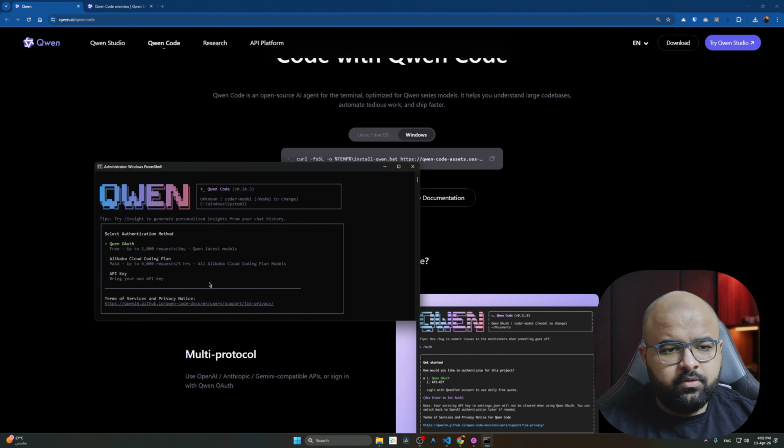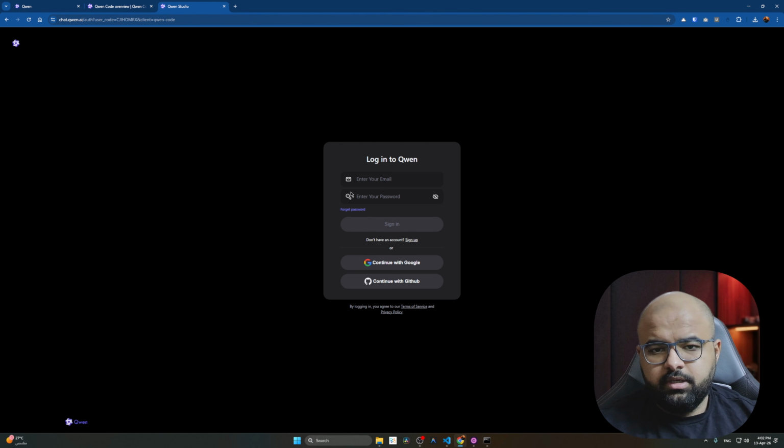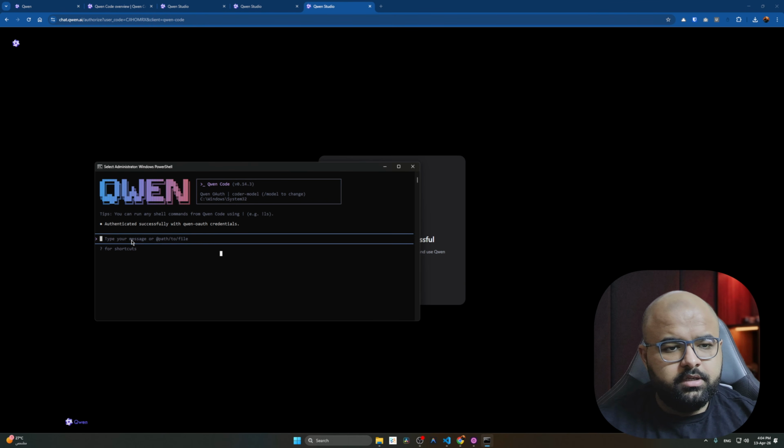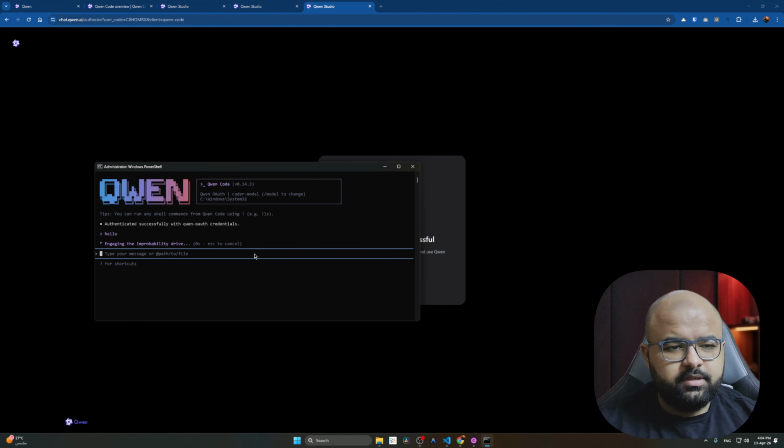Let's go to the Qwen Code at first to try it. As you can see, it just asks you to log into Qwen. I just confirmed my email. By the way, I found the email in the spam folder, so check it if it is not working for you or if you didn't find the email. Then as you can see, we have it right here. Let's say log on and just test it